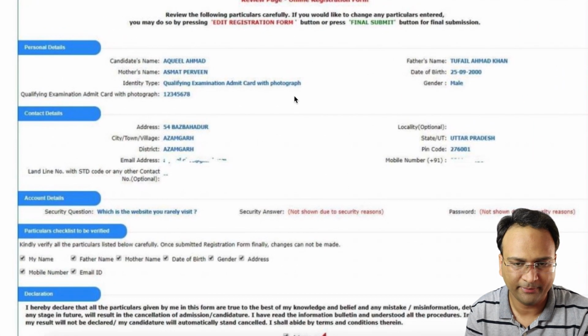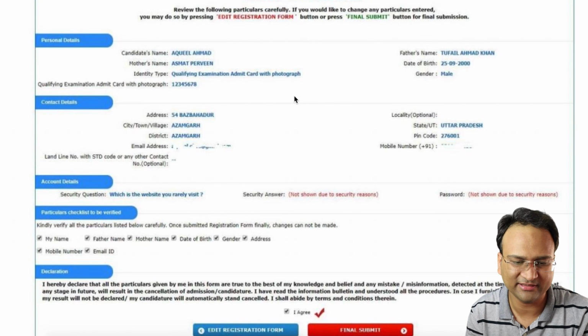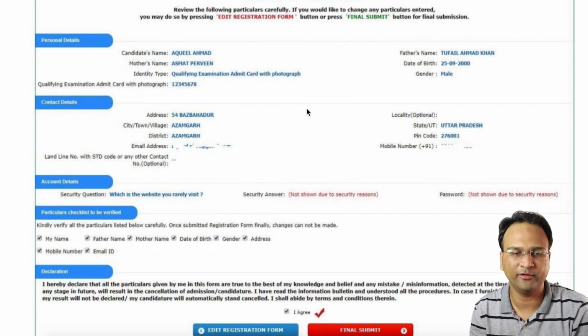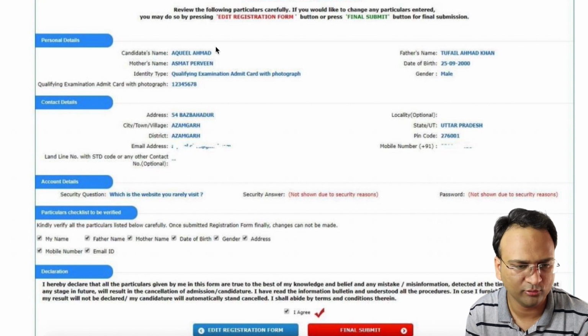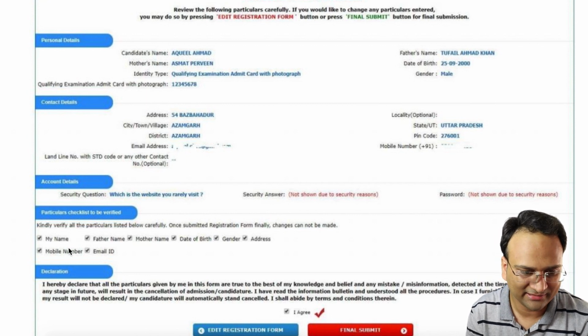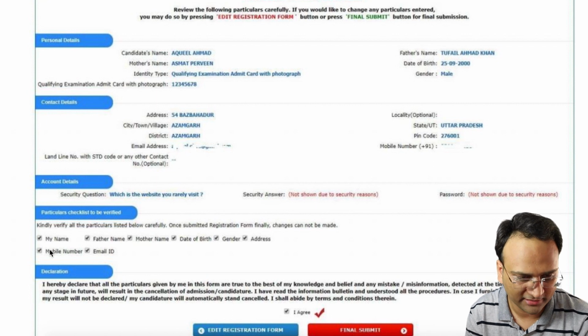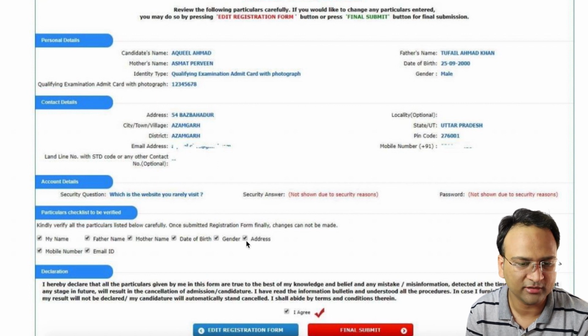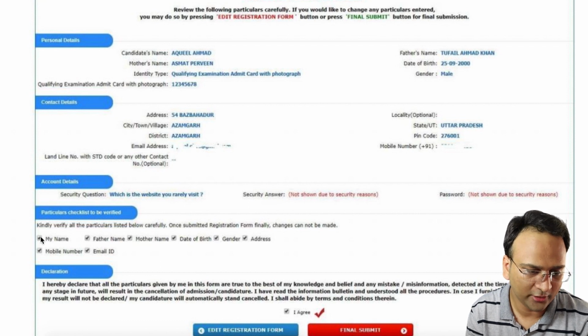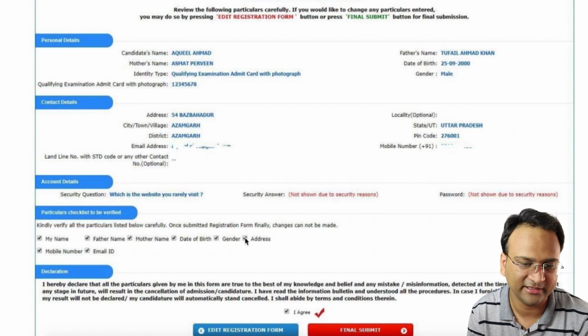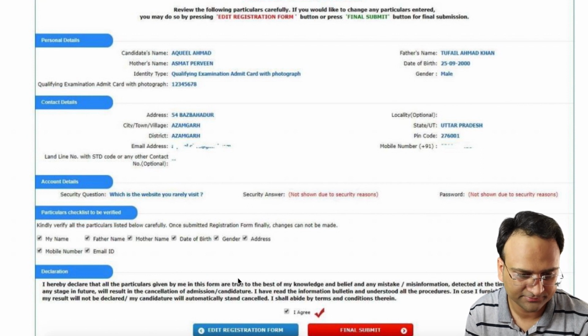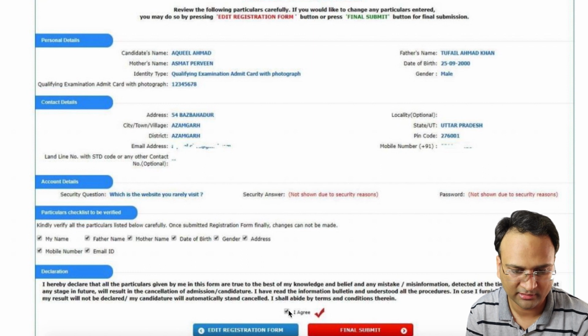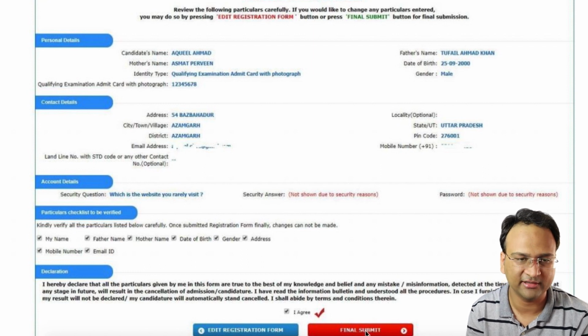The review page is important because the moment you press the final submit button, it might be difficult for you to re-edit the information. So better to just go through the information you have mentioned here. Verify all the details here, and then in your original application form, just pay attention to the checkbox. These checkboxes might not be clicked, so you need to click each one of them individually. This means that you are verifying that the information you have entered earlier is correct. The moment you have done this, you have understood the conditions and all, click on I agree and click on final submit.